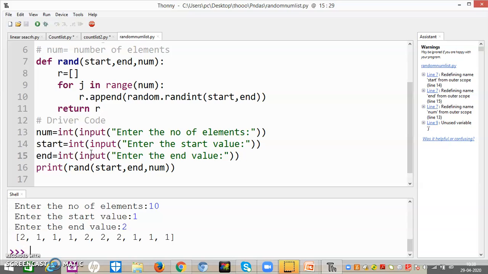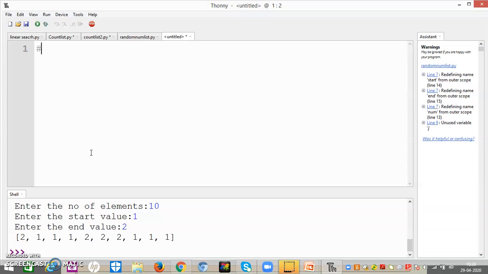Now let us move to a very small program, which is to check whether a list exists or not. Here we will create a list within a list.